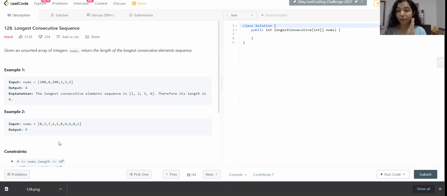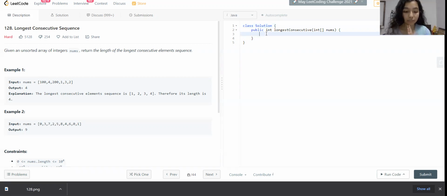We'll check if we have any element which is 1 plus 0. That is 1 here. We do have that. So the consecutive sequence length would become 2. And we'll check again if we have any element which is 1 less than or 1 greater than the present element, which is 2. We have that. So we take that into account. So that length becomes 3. And similarly, we keep iterating until our longest consecutive subsequence is formed.